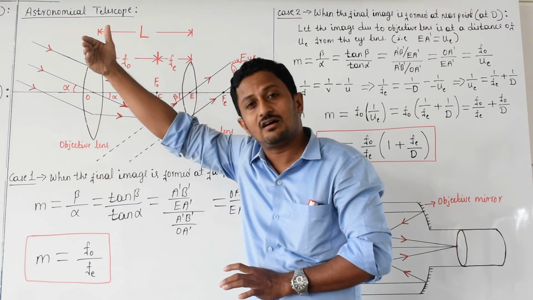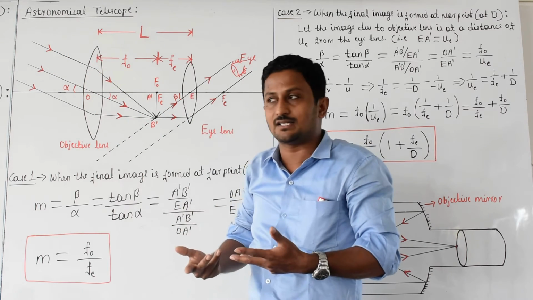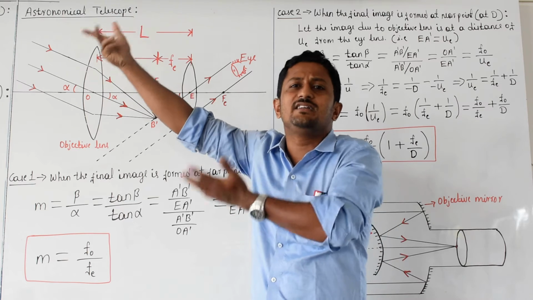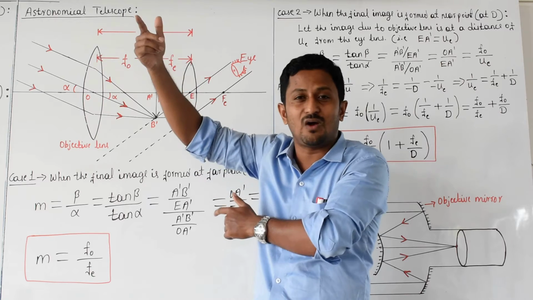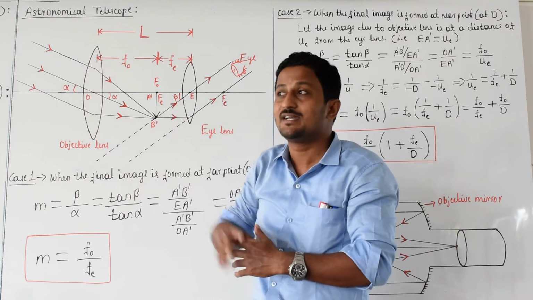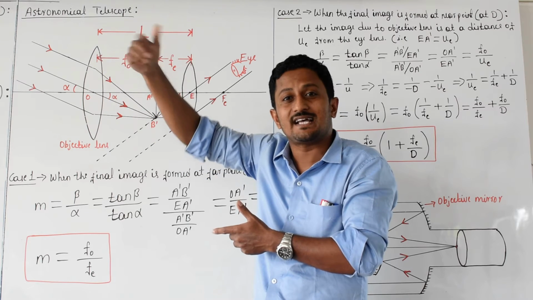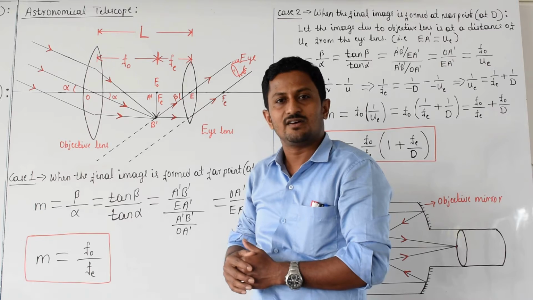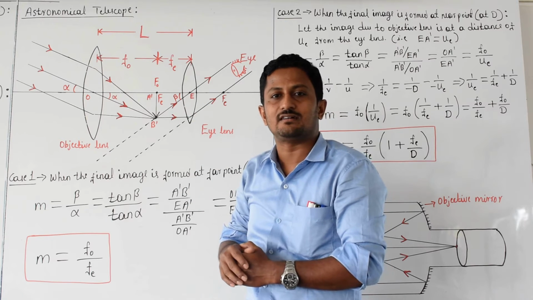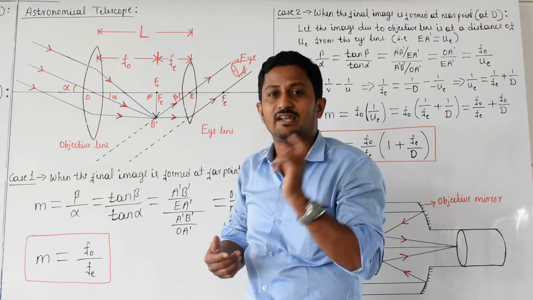When we look at a distant object, we imagine that object is at infinity. The telescope we use is to focus on a distant body. The word "distant" only tells us that we treat the object as being at infinite distance. Light rays from that infinite object look like a parallel beam of light rays.